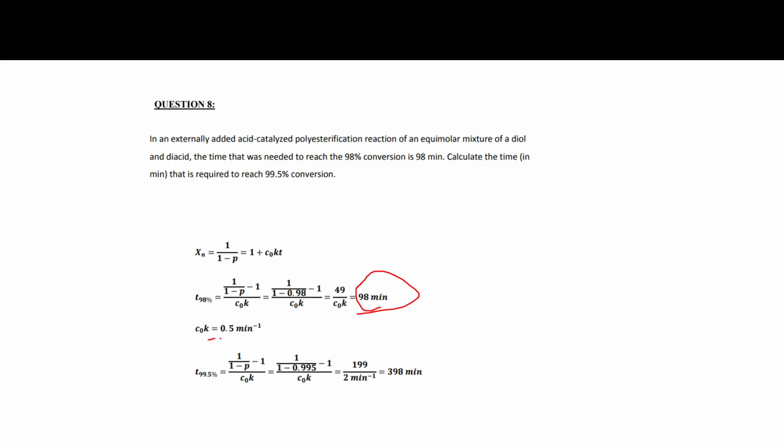So from here we can calculate the C0 into K value. Then we put this into this equation: 1 by (1 minus p) minus 1, divided by the C0 K value we already know, and the extent of reaction is now 99.5, so it will be 0.995, and if you put this into this equation, it will become